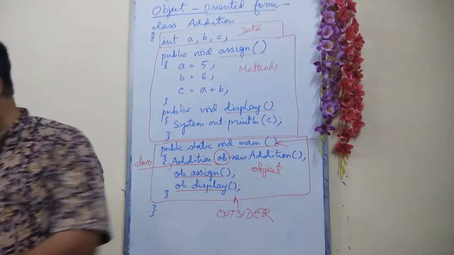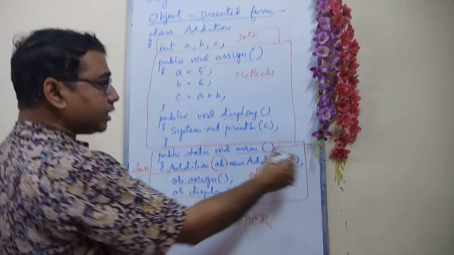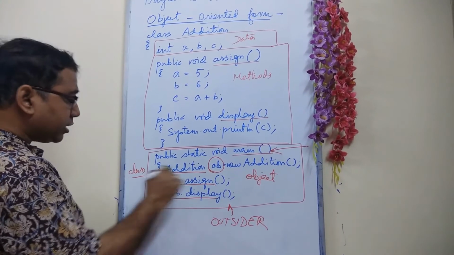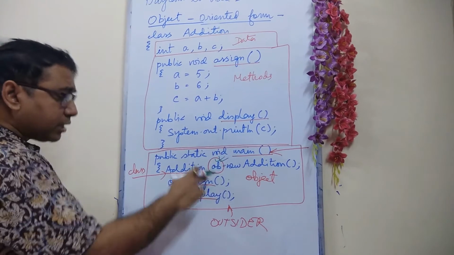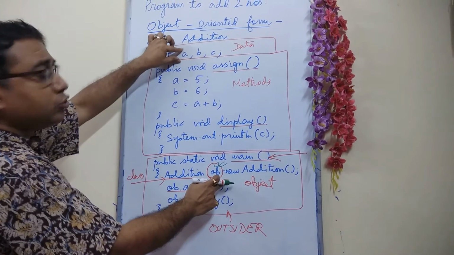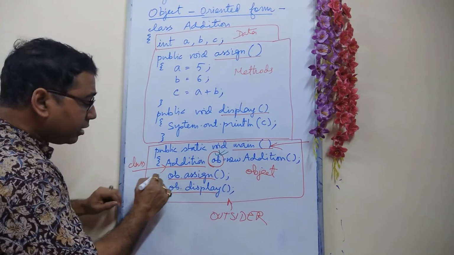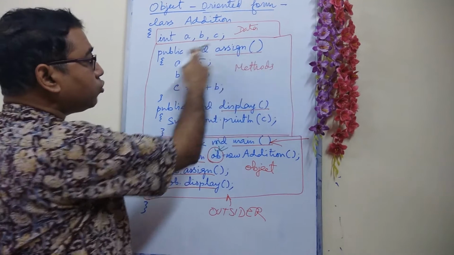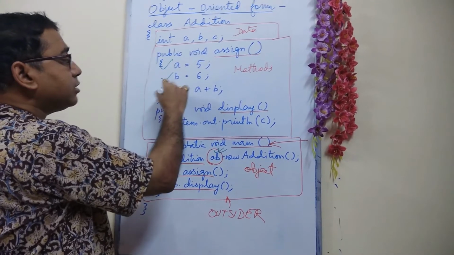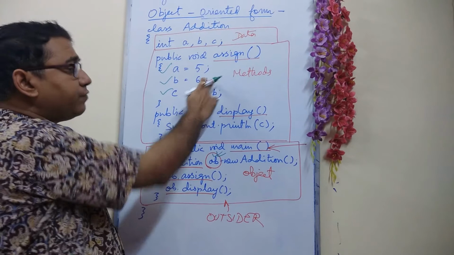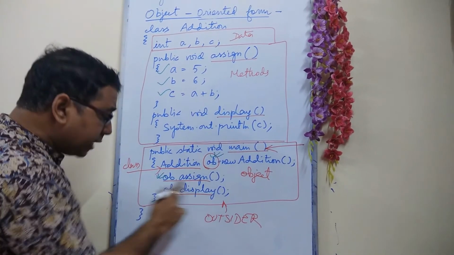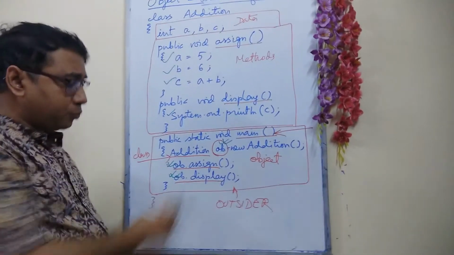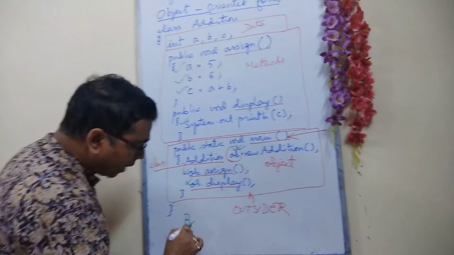Now see how execution takes place over here. Our execution enters from here. First you create the object. Next, when the object is created, these three memory locations are allocated, then our assign function works. When the assign function works, the control moves over here, and the assignment of values and summation take place. Then the display method will be called and finally you get the output. This one is your bottom-up approach.